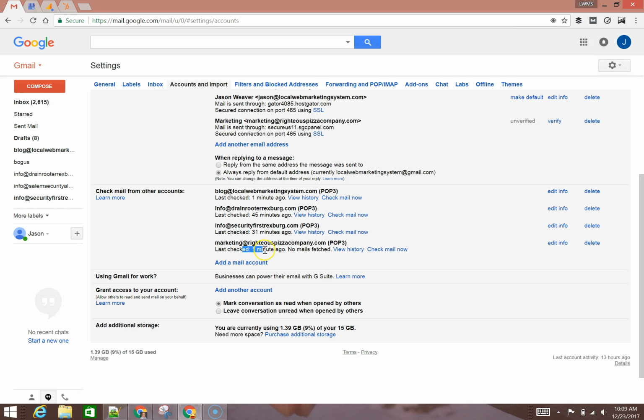And this only checked right when we first set it up, but now there's an email Gmail sent trying to verify that I actually have access. So I'm going to hit check mail now, and that's the secret to being able to check your email faster if you're in a dire pinch. I only know of how to do that on the desktop here. And so if we go back to our email,